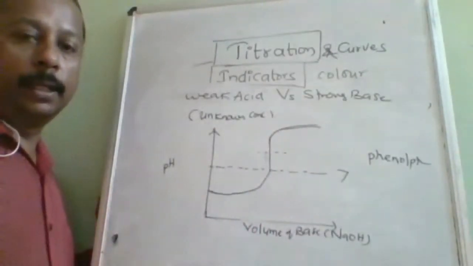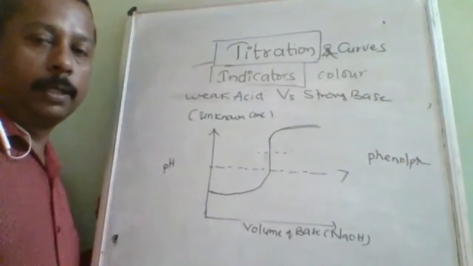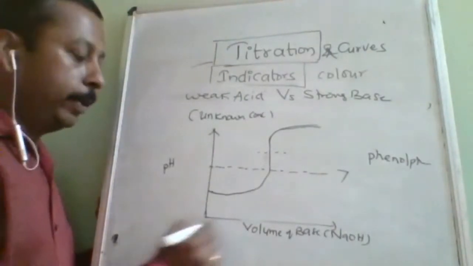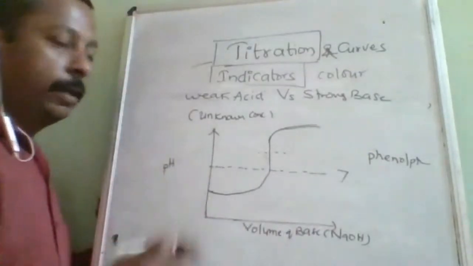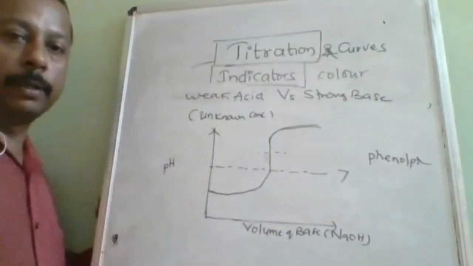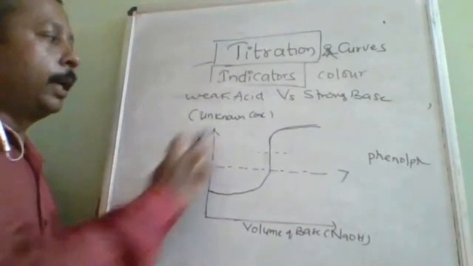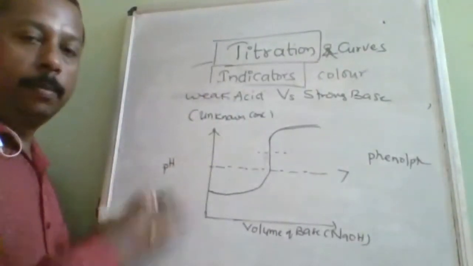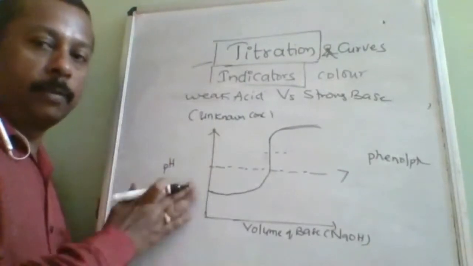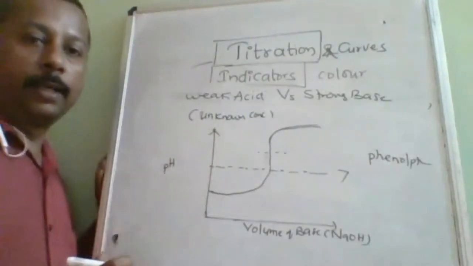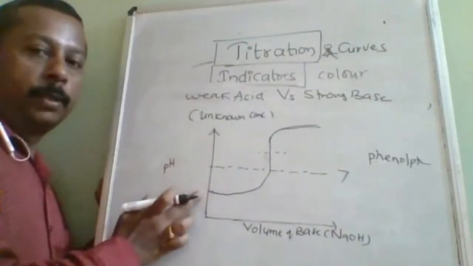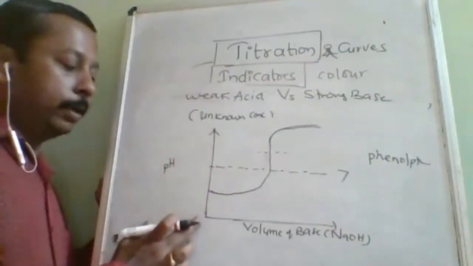The pH range of this indicator lies above 7. That's why this is suitable for our purpose. Is it understood? Mainly you should understand from where to start, below 7 or above 7. How did I identify? Acid is taken initially, so pH will be below 7, either from the top of the 7, near to the 7. That is weak acid, near to the 7 but below. Strong acid is near to the 0.